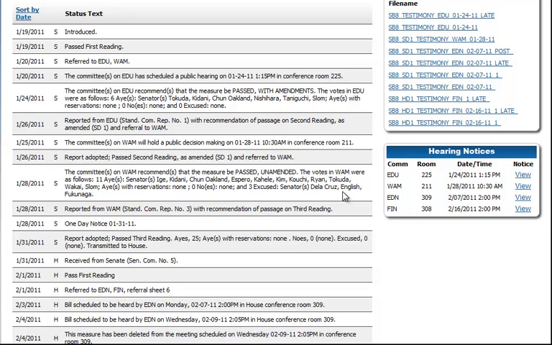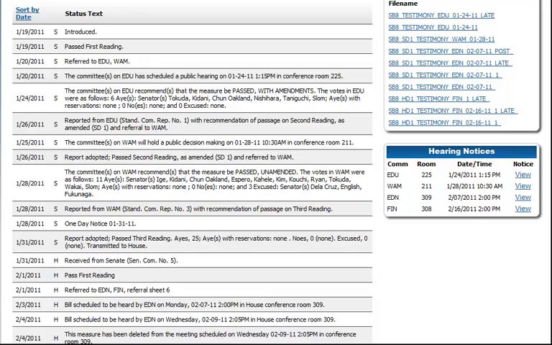So let's take a look and see what happened after it passed third reading. You notice that in the column on 1/31, the S's turn to H's, and it says received from the Senate, Senate Communication number 5. Now the control of the bill has been transferred over to the House, and you will see a very close relationship to what you've seen before. On the 1st of February, it passed first reading in the House, and on the same day it was referred to the EDN and Finance Committees we talked about above.